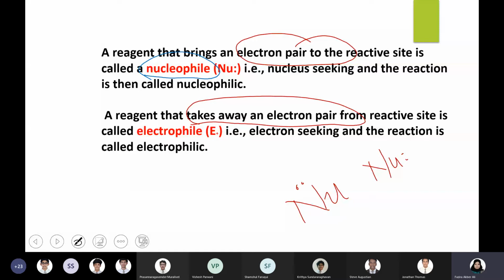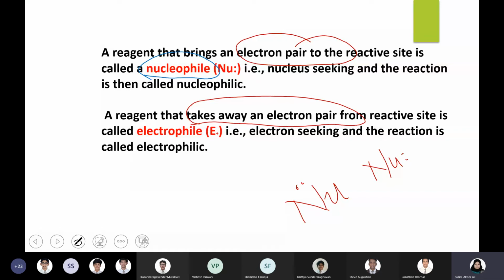So what is the charge of a nucleus? What is the charge of the nucleus? What is the charge of the nucleus? No charge? Charge, ma'am. What is the charge? Nucleus is positively charged, right? Yeah, positively charged. I don't know why there is a delay in answering. Boys, please respond. Okay, nucleus is positively charged.